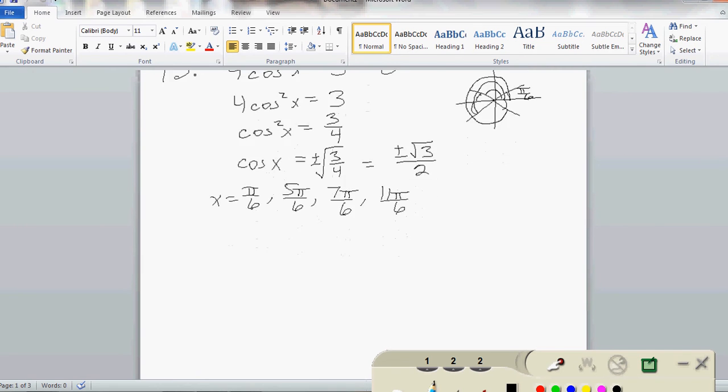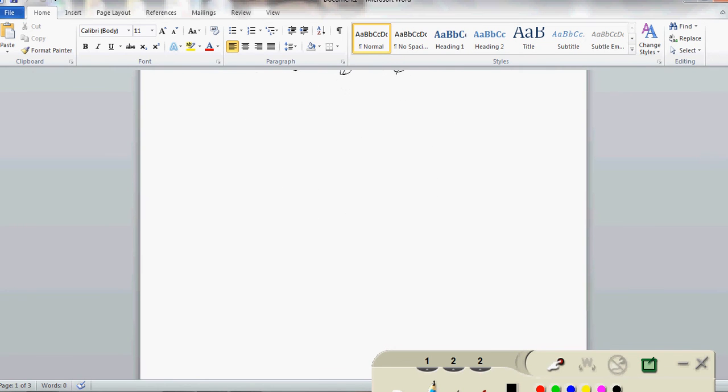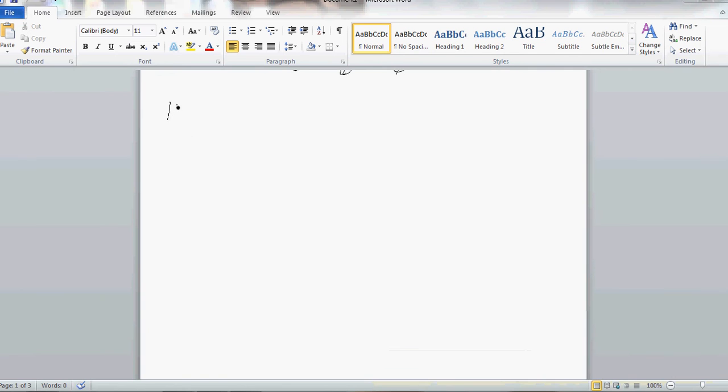Examples 14 and 15 use Snell's law, which we have looked at in the past, but it was given to us in a particular way. We actually get Snell's law now, and each one of these is just a matter of plugging in what we know and trying to solve what we don't know. And so we're going to make sure that we are in degrees in our calculators. And just reading in the information,